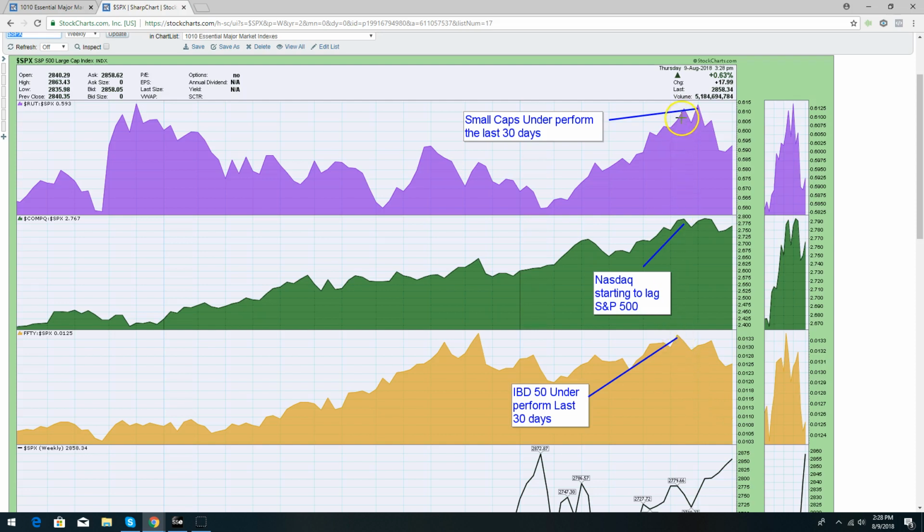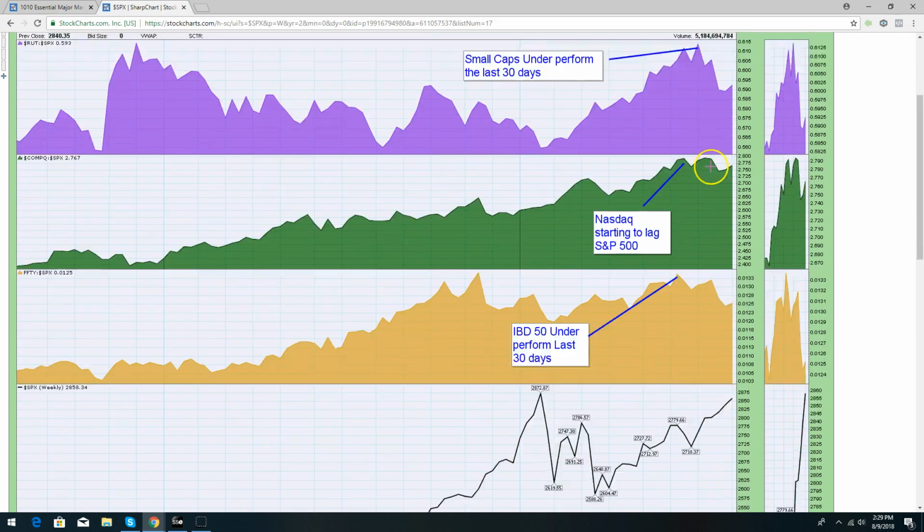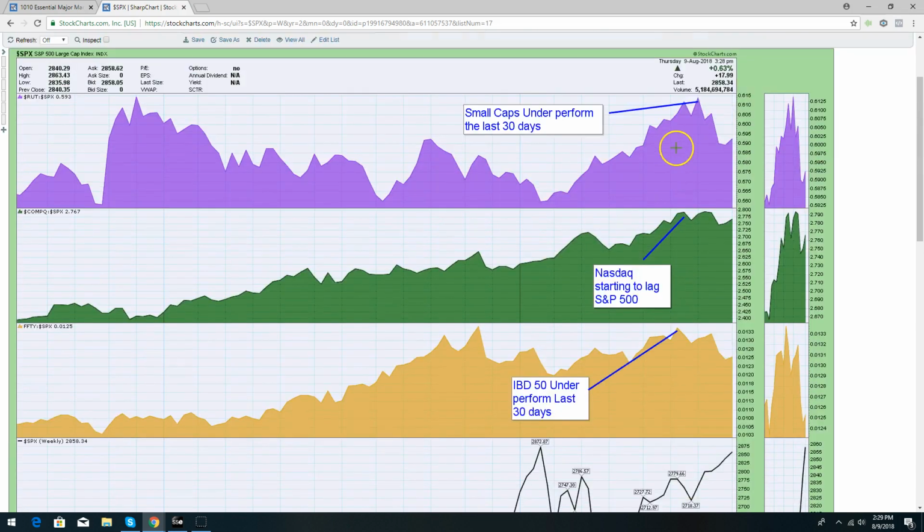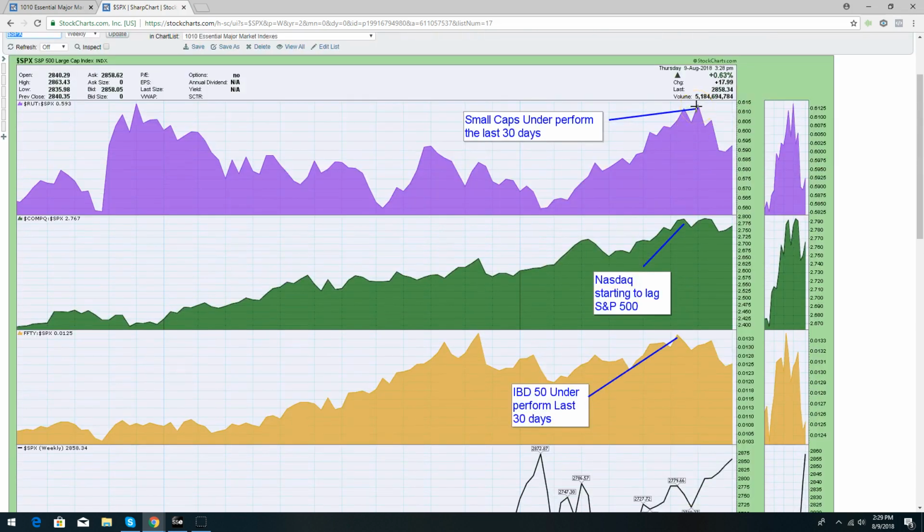But what is interesting to me, now breadth is still strong, price is still strong, but really in the last month some of the more aggressive indices have been underperforming the S&P 500. So this is the small caps, excuse me, relative to the large cap S&P 500, and it's lagged the S&P 500 really since, we'll go down here, probably the very end of June, very beginning of July. So large caps have been leading the more aggressive small caps,